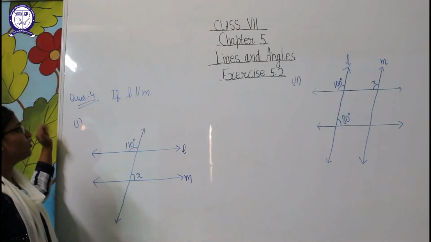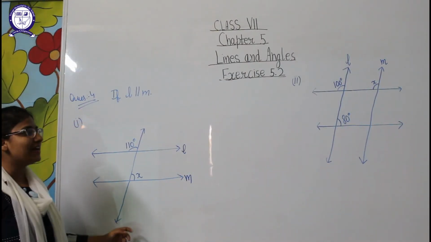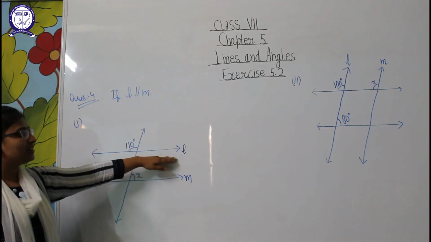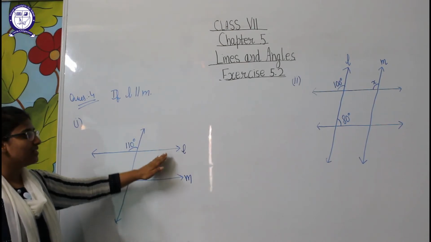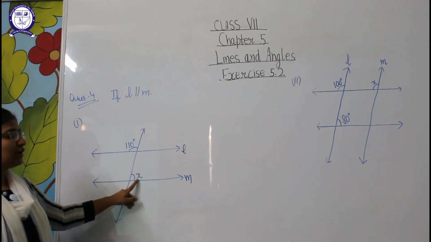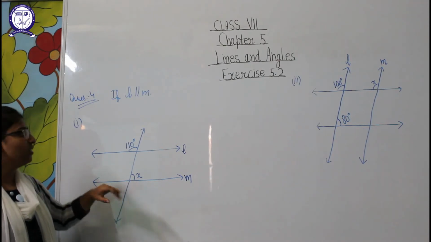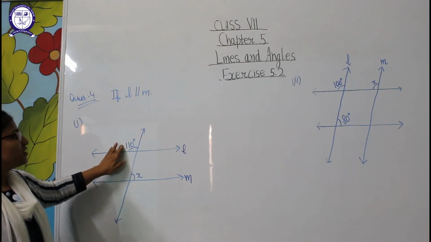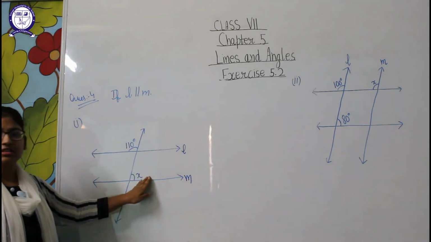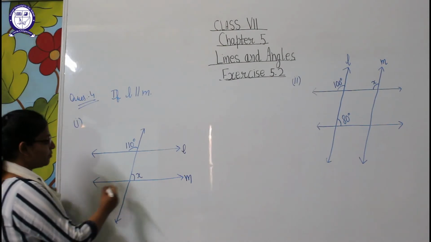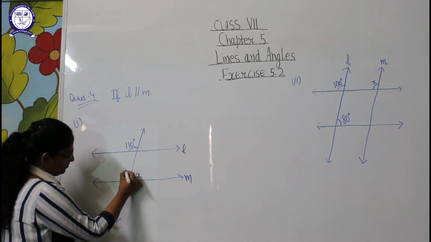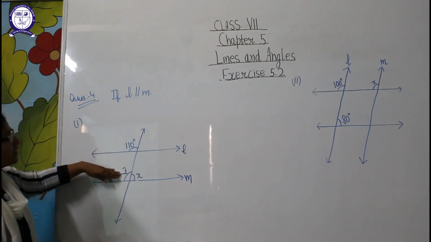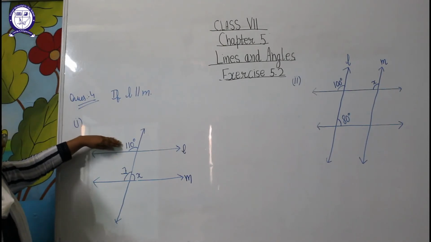Now students, our fourth question is we have to find the value of X if L is parallel to M. So in first part, this is line L and this is M and these two are parallel and we have to find the value of X. This is the angle X here and this is given to be 110 degree. Can we say that there is any relation between this 110 degree and X? There is no relation. So here I am taking angle 1 and we can say that this angle 1 is corresponding to 110 degree.